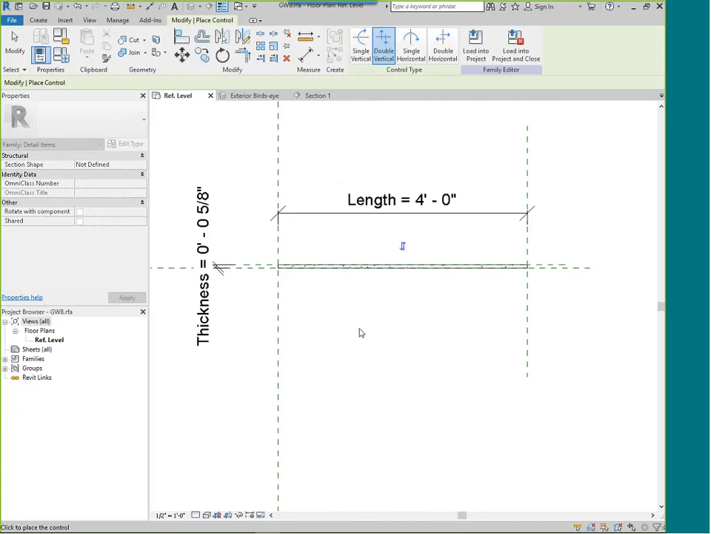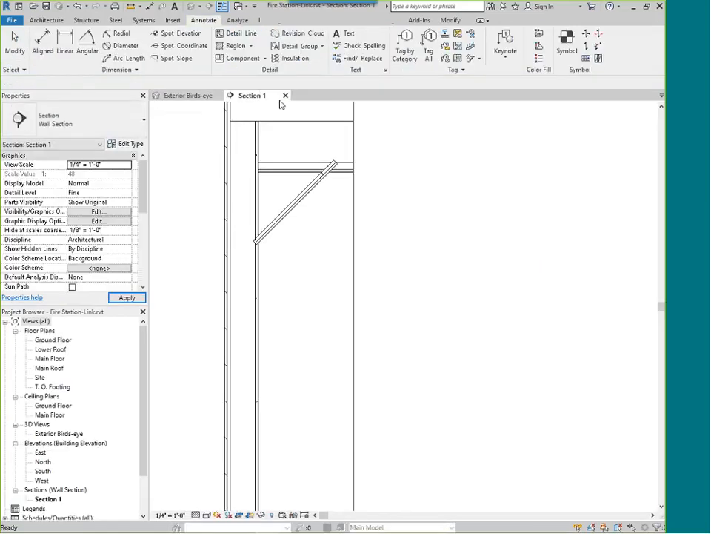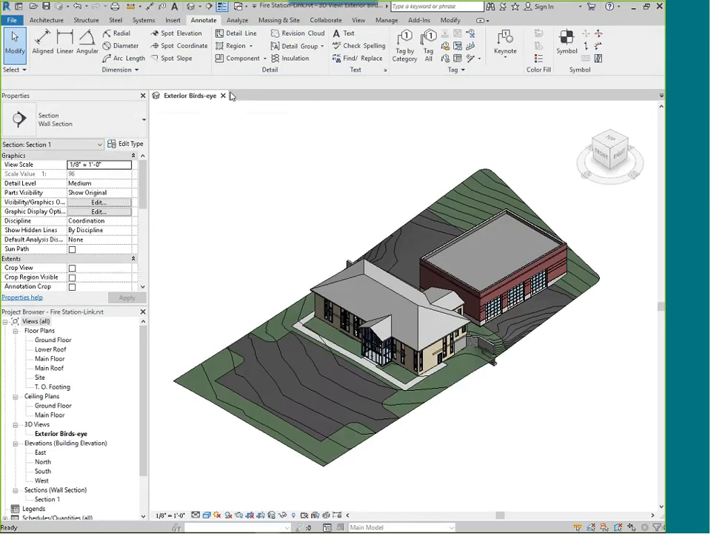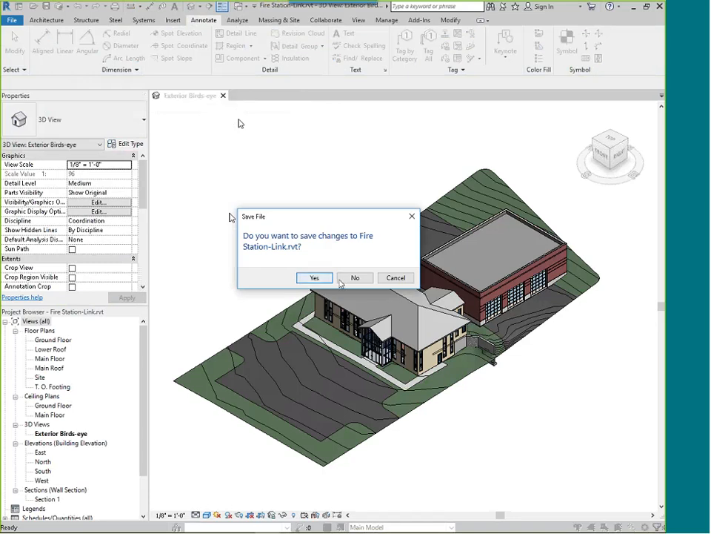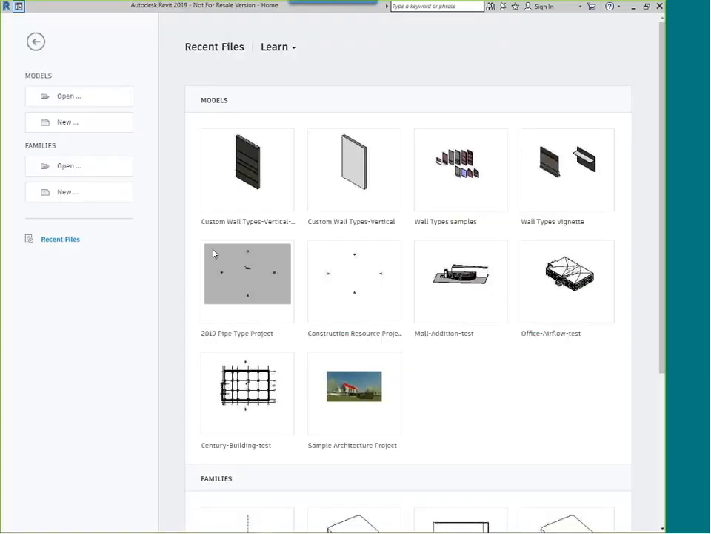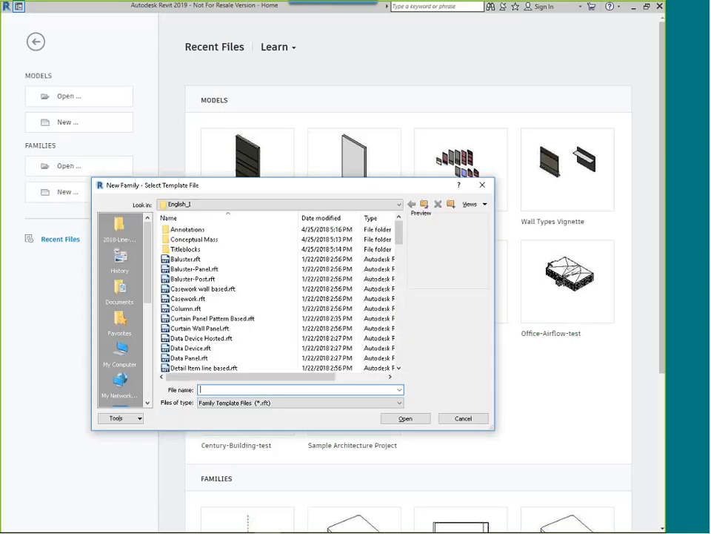So that's a simple line-based family that's 2D. Let me do one now that is 3D. And so it's going to be basically the same sort of thing. I'm going to close this and this and this. Sure, we'll save that. All right, I'm going to start a new family again, and this time I'm going to